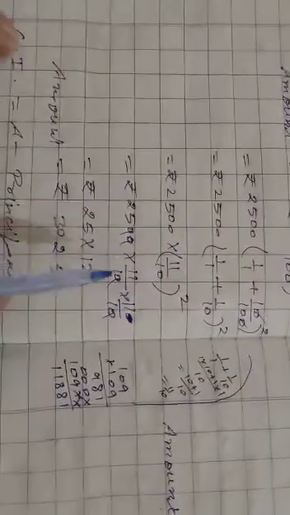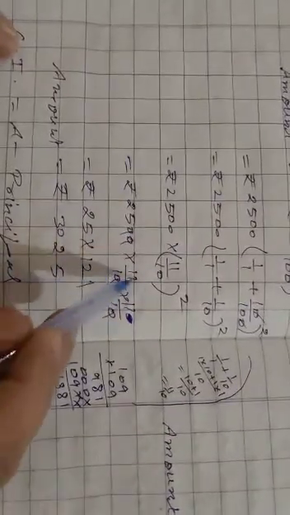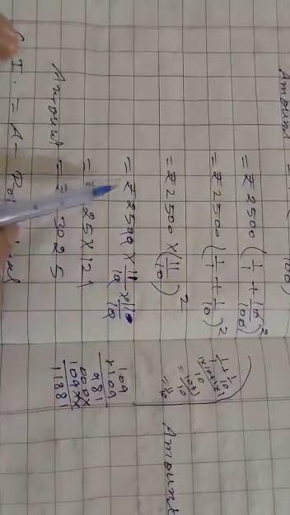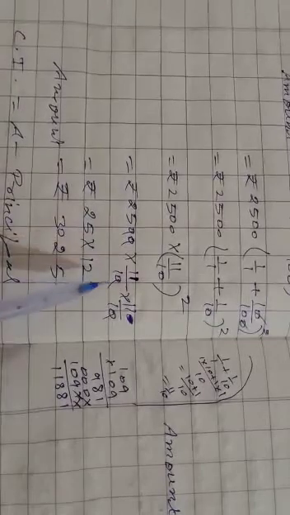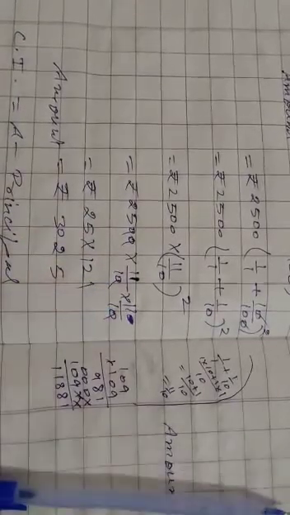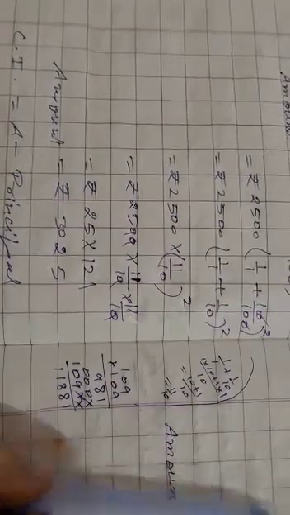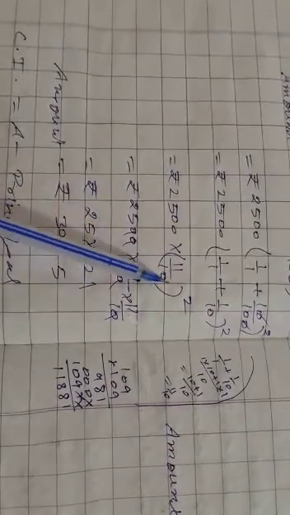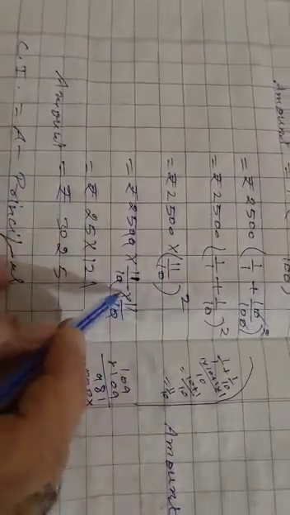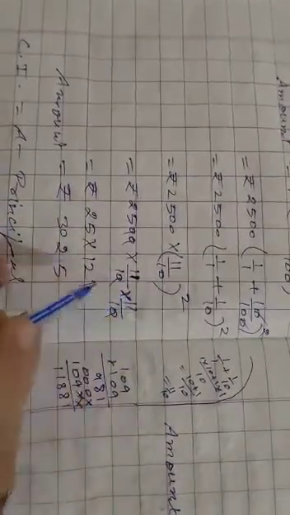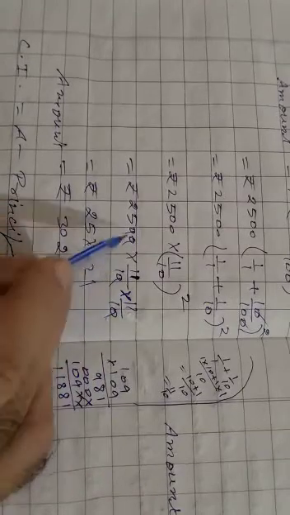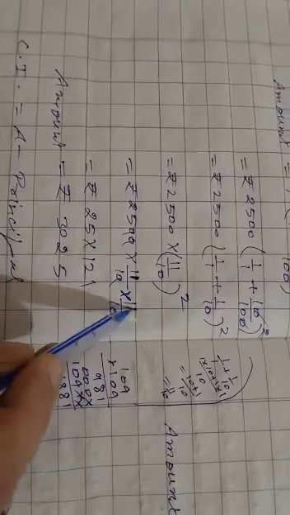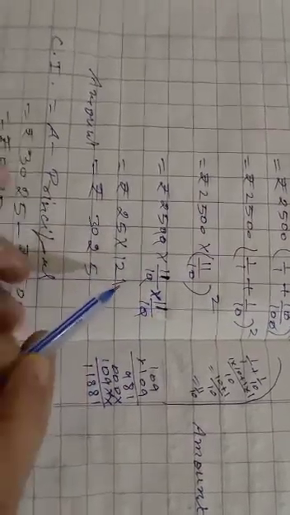So we write 11 upon 10, that is 2 times. So we write 11 upon 10 multiply 11 upon 10. Rupees 2500 multiply 11 upon 10 multiply 11 upon 10. 0 0 cancel out, 0 0 cancel out. We get rupees 25 multiply 11 multiply 11, that is 121.